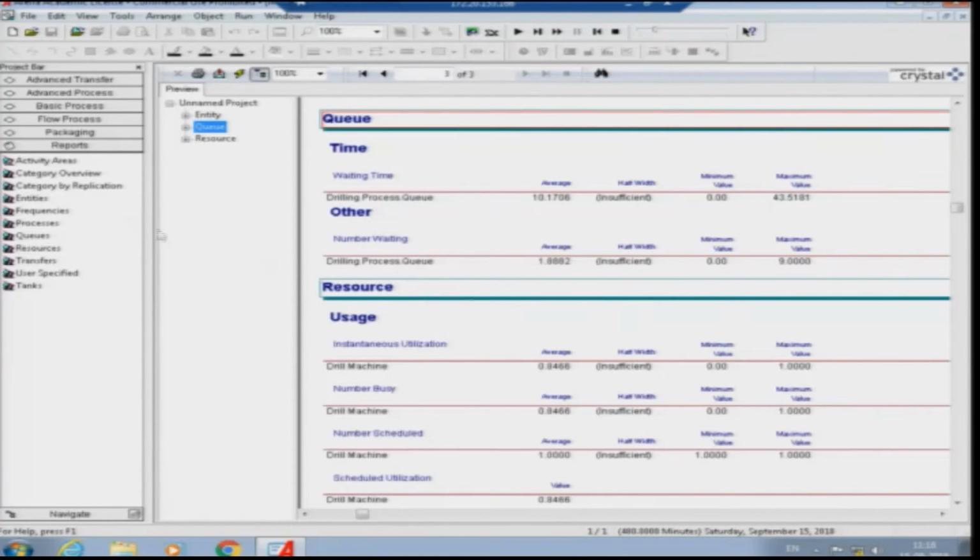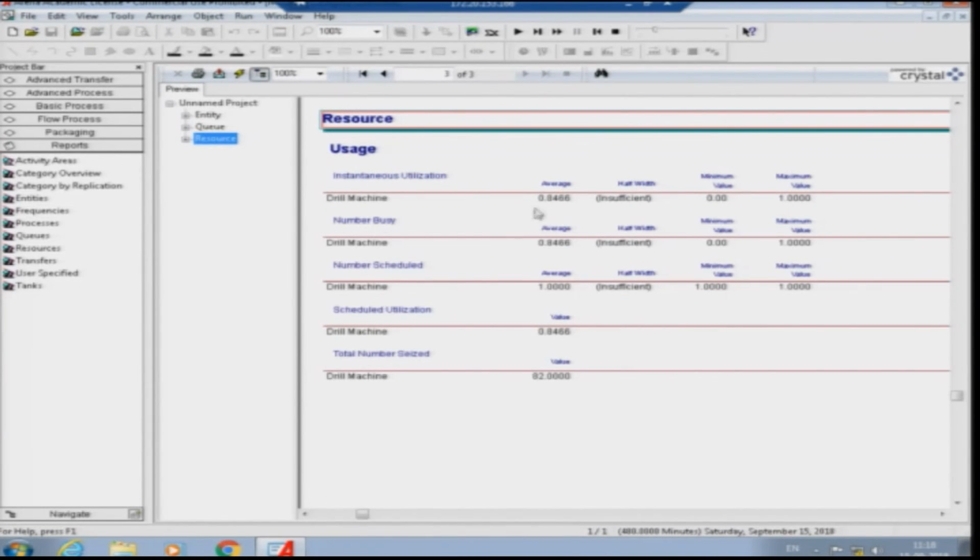Similarly, for the utilization, you can see that only 84% of the time the machine is utilized. In the previous case, the machine was utilized for 100% of the time, whereas with the variation in the arrival process, the parts following a random distribution or exponential time between arrivals, the utilization of the machine has come down. Why has the utilization come down?